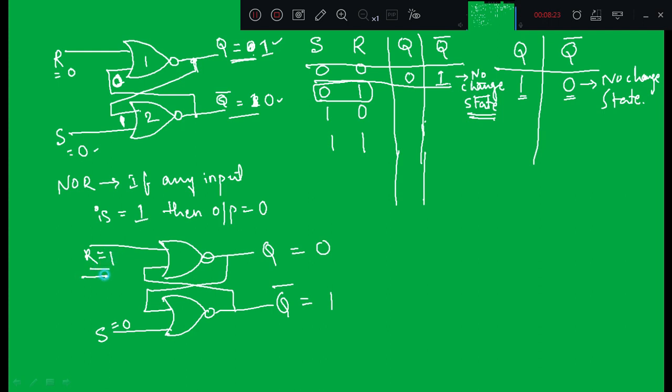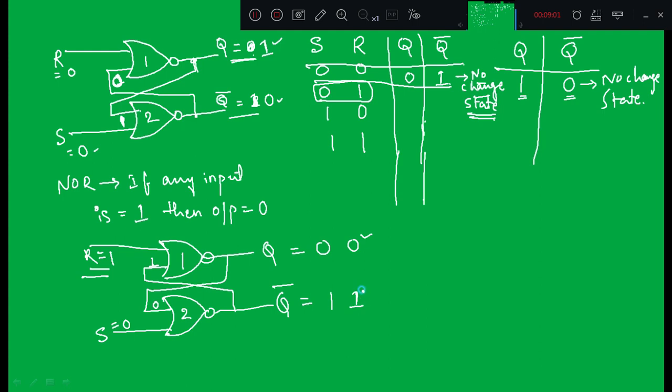Since reset is high, what should be the value of Q? It should be 0 and 1. In that case I cannot say it is a no change state, so I will explain both cases, when Q is equal to 0 and when Q is equal to 1. Since one of the inputs of the first NOR gate is 1, there is no need to consider the second input. Even if the second input is 1, with both high, Q will be equal to 0. Next, this 0 is applied to the second input of the second NOR gate, so 0 NOR 0 is equal to 1.